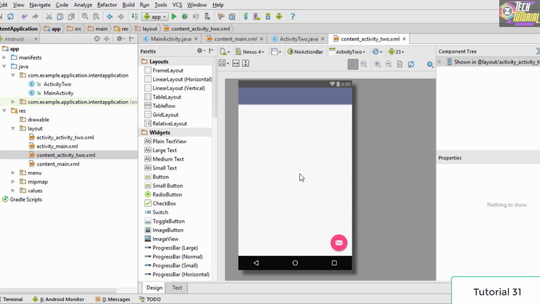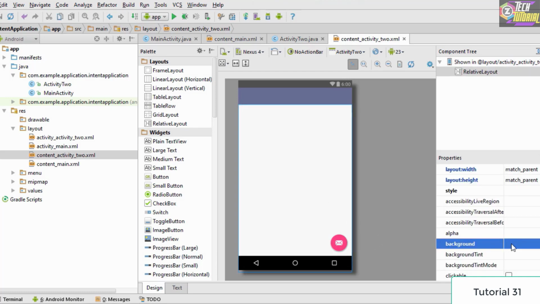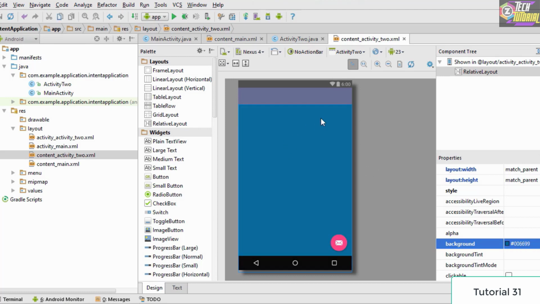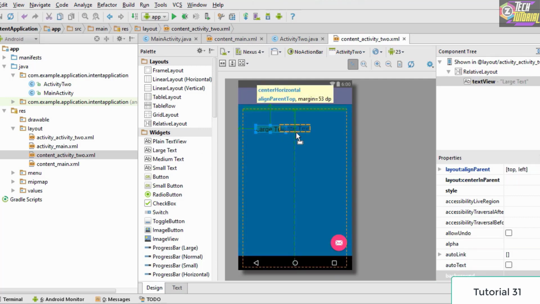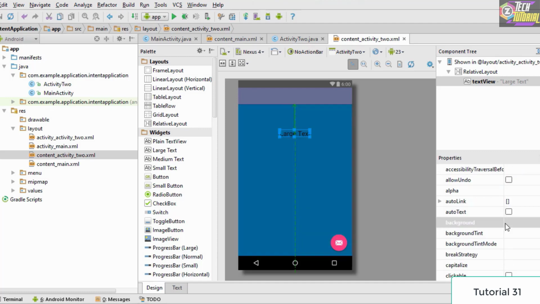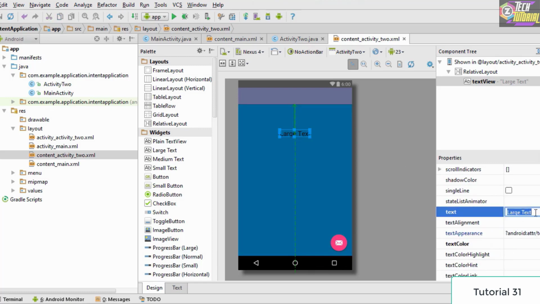Now let's go ahead and give a background color to this. Let's say the background color is hash 006669, and as you can see, the background color changes. So this right here is our first activity and this is our second activity. Now we drag a text onto this activity, and let's name this text the second activity. So we go to the properties, go to text, and we change the text to